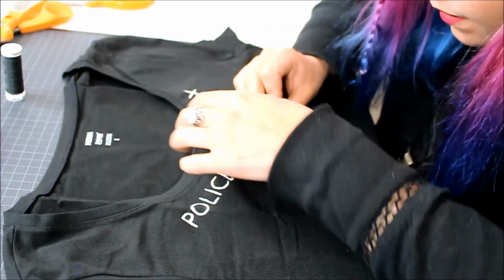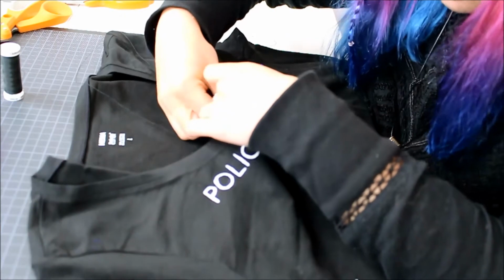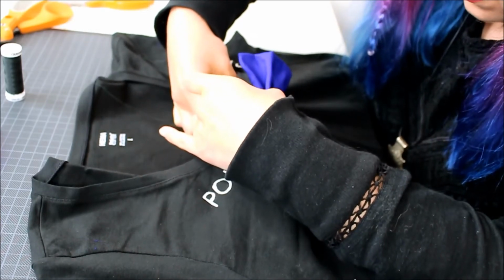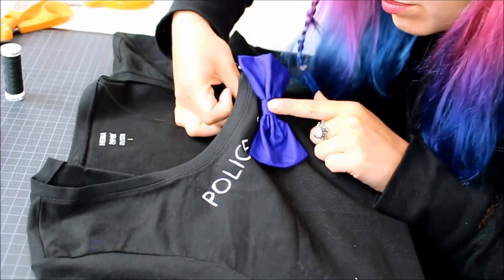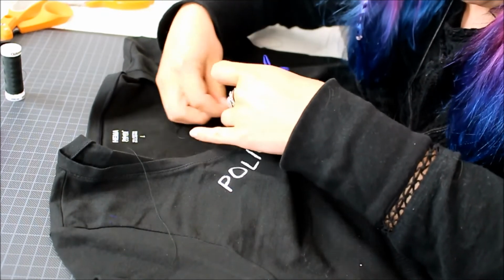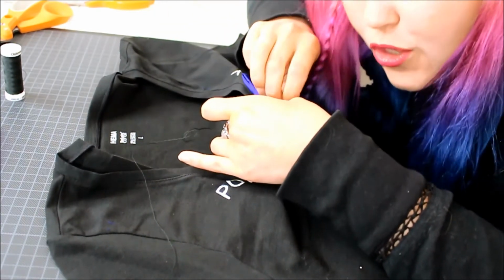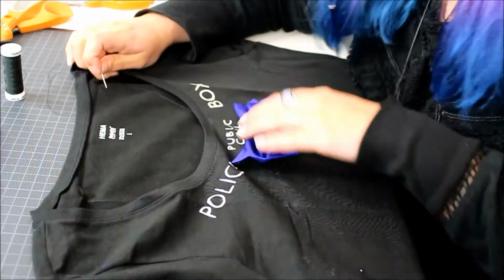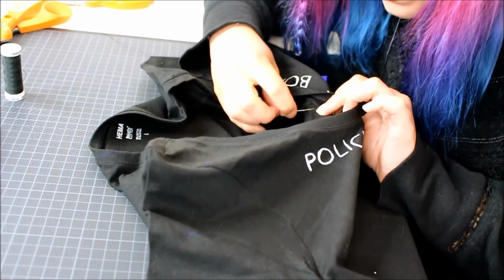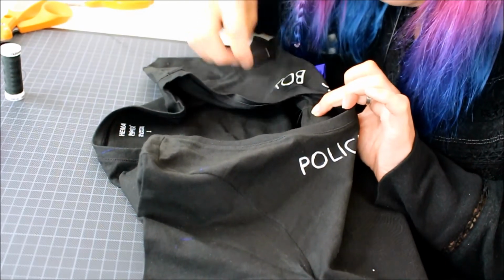So poke your needle through one layer of the shirt, make sure you have only the top layer, and then it's probably easiest to get into one of these folds of the bow tie like that. Poke your needle through there and just stitch it through a bunch of times on both sides of the little band that you just put around the bow tie, and that should keep it in place. Once you feel that is secure enough and it's not going to come off, then you can bring your needle to the back. Again, do a couple of stitches in one place and poke the needle through the loop